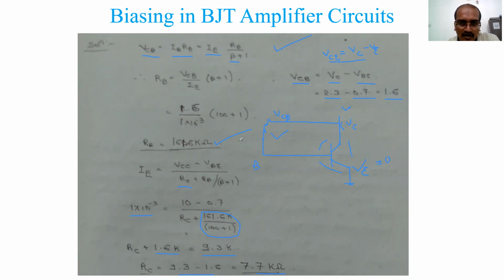Now there is a little modification. Even in the last electronic device lab you have seen that when you have designed a circuit, you may not get the resistor value exactly the same. Now 161 is there, but in the lab 161 is not available. For that, you have studied that a 5% tolerance you can use. So using the 5% tolerance, you can use the nearest value to 161 and the nearest value to 7.7, while doing the practicals. If you have the charts, you can write that value. Since the textbook gives the value, I have given that value.